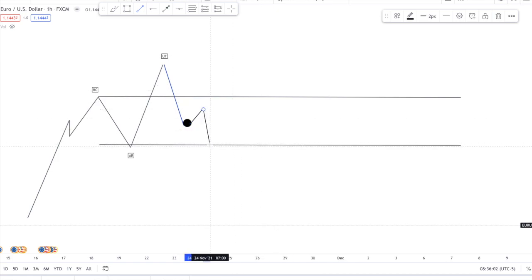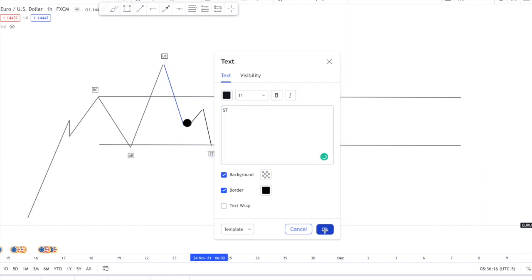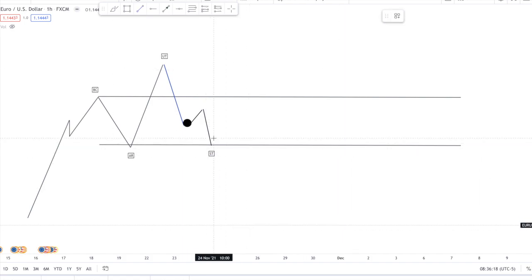But once it comes back and touches your trading range again, that is your second test. Okay, so you can get a second test here or here. But the second test is when it touches the trading range. It's testing the trading range, okay? So then your minor sign of weakness